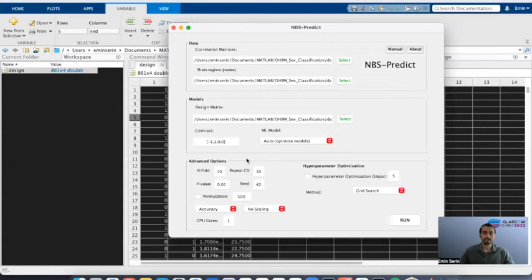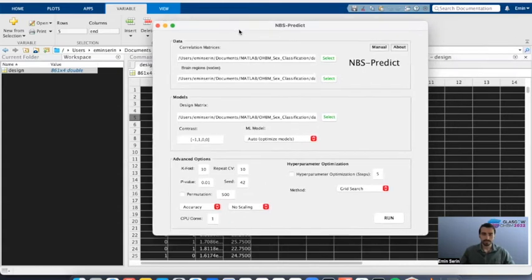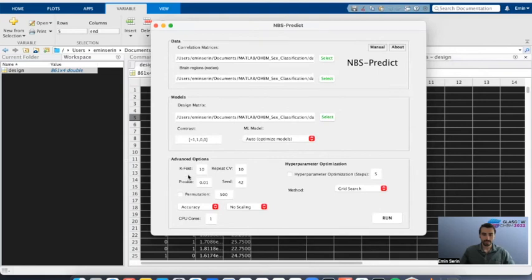So that's why we're going to use the advanced option panel here. The first thing we can define in this panel is the parameters for the cross-validation, which are the number of folds and the number of cross-validation repetitions.